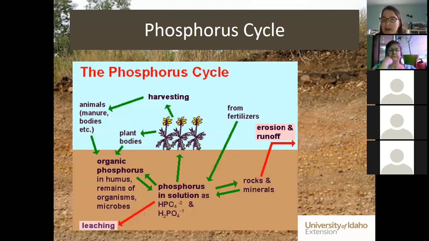Erosion and runoff are probably going to be your biggest issue with phosphorus. It really likes to hold on to that soil, so when you lose soil off your landscape, the phosphorus tends to go with it. Phosphorus is a super limiting nutrient. If you remember the barrel,